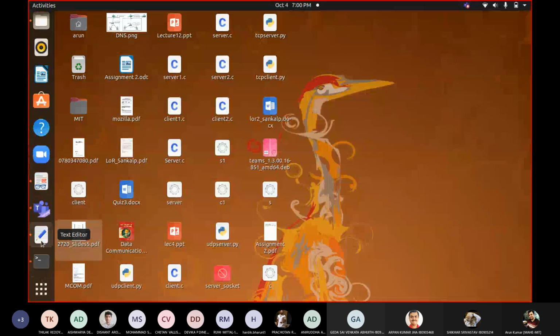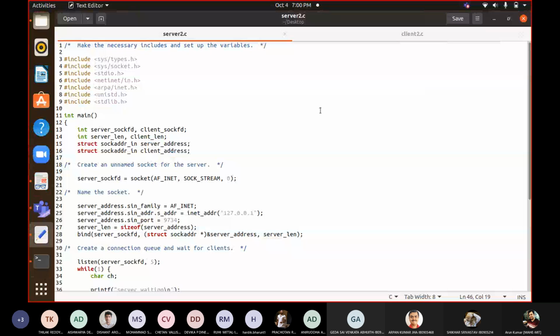So these are some files which you have to always include. These are header files: types.h, sys/types.h, then socket.h. Most of the things regarding socket creation are there in socket.h. Then this you all know, standard input output.